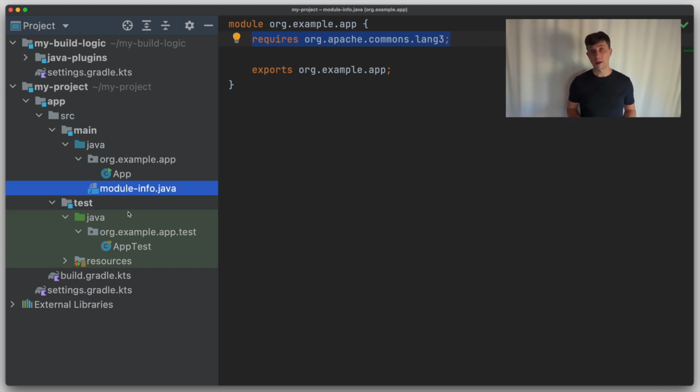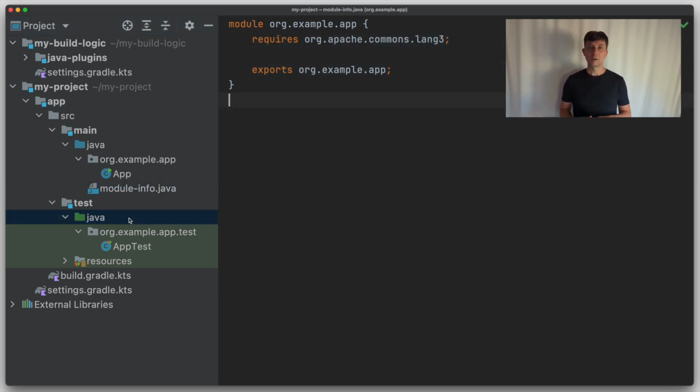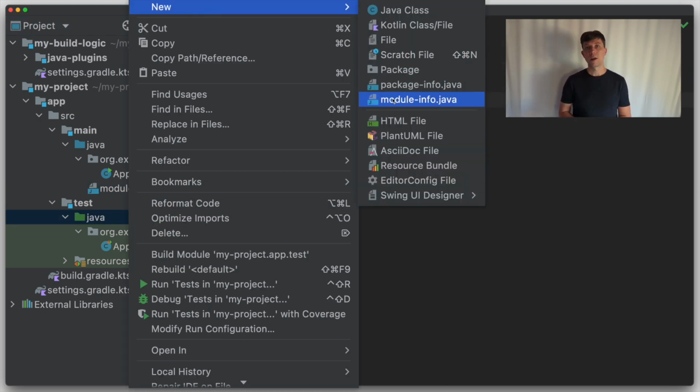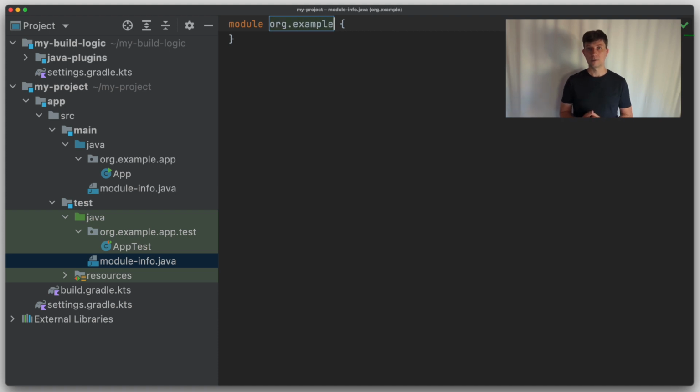So the most elegant way to do testing with the module system is to treat our tests as a separate module because they are a separate piece of code that's separated from the production code. This is also sometimes called black box testing, which means the module I test, so my production code module, is something the tests won't look deeply inside, but they would only use the public API of that module to do testing. Concretely, it looks like this: we need to add a module info Java also to our test source set. Let's do this for example.